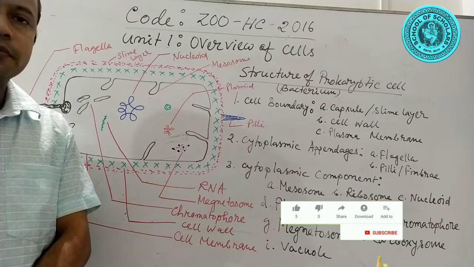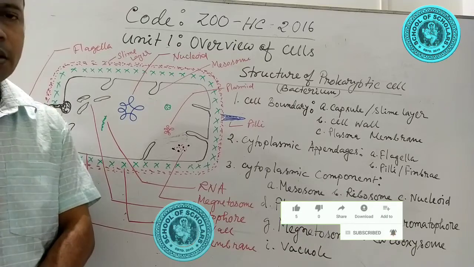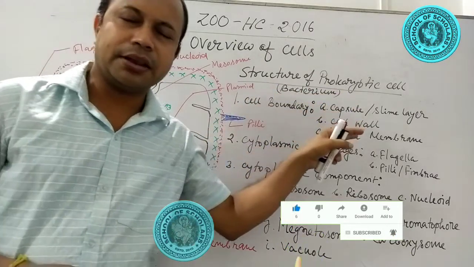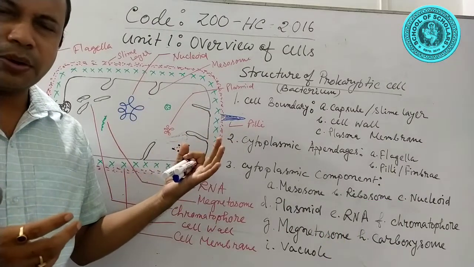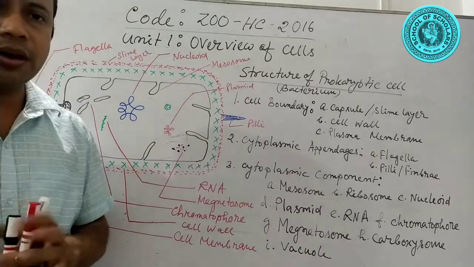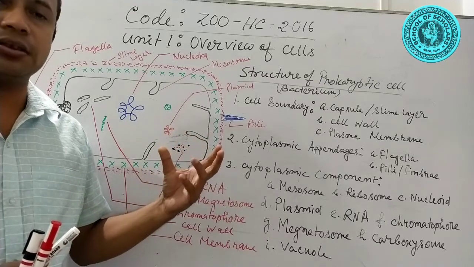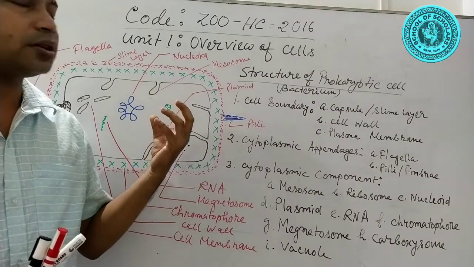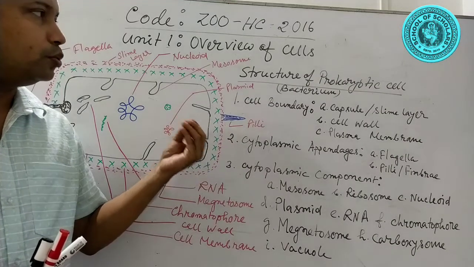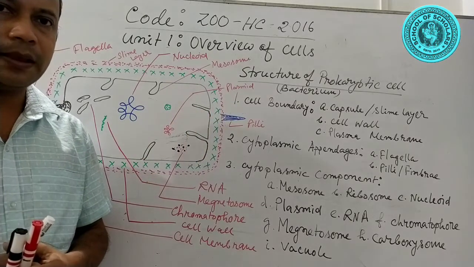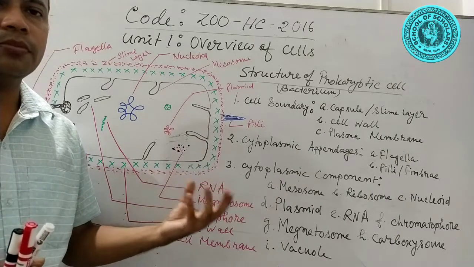In this lecture, to describe the structure of the prokaryotic cell, we select bacterium. Bacterium is the singular form of bacteria. Why do we select bacterium to describe the prokaryotic cell? Because bacterium contains all the essential structures which represent the structure of a prokaryotic cell. It is an ideal organism to describe the prokaryotic cell. It is the developed form among all kinds of prokaryotic cells.